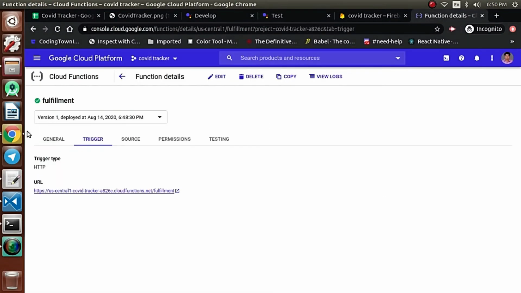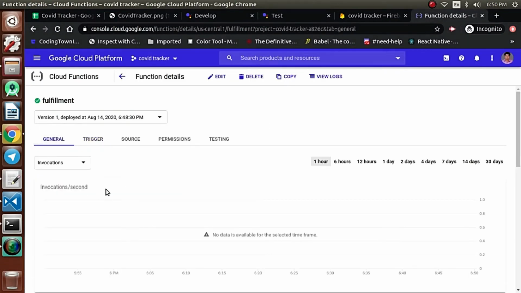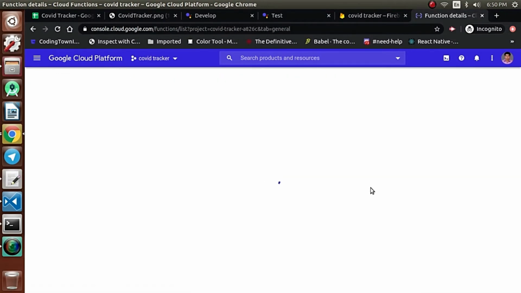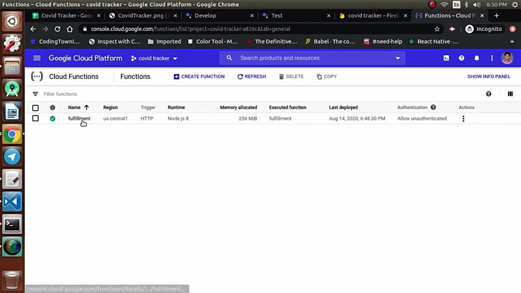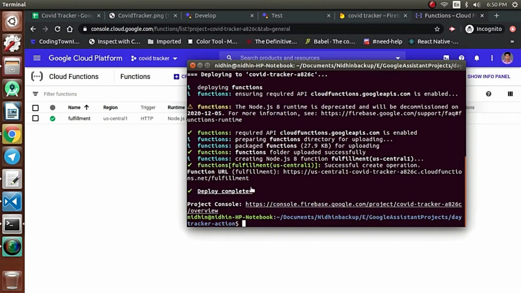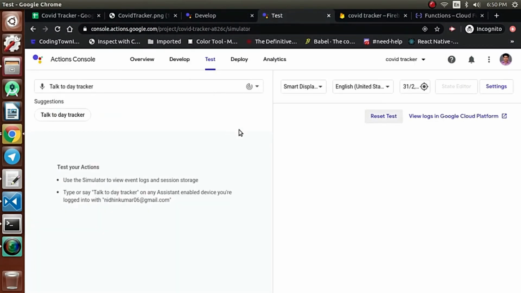One thing you have to consider when you're going to use an external function in the GCP platform is that you have to enable billing for the cloud function you are going to use. Sometimes if billing is not enabled, the function cannot be used, and while testing you might see errors. Typically, once we deploy, we get the URL here, copy it from here, and paste it in the